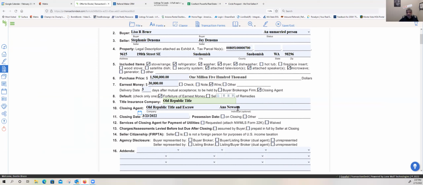And then here's my closer, okay? This Anna Newsom is my closer on my escrow team. She is not my rep. My title rep is Lori Kablinski for Old Republic Title, but my closer of the escrow team is Anna Newsom. The closer goes here, not your title rep. You don't have to put your title rep on the contract. Why do they have another box here? Well,